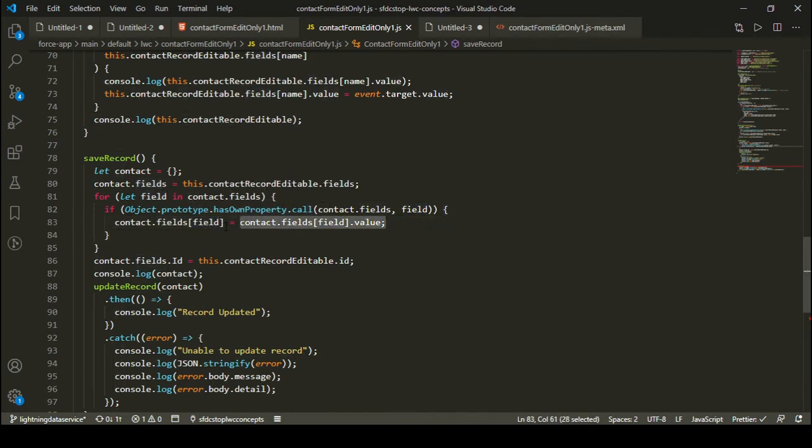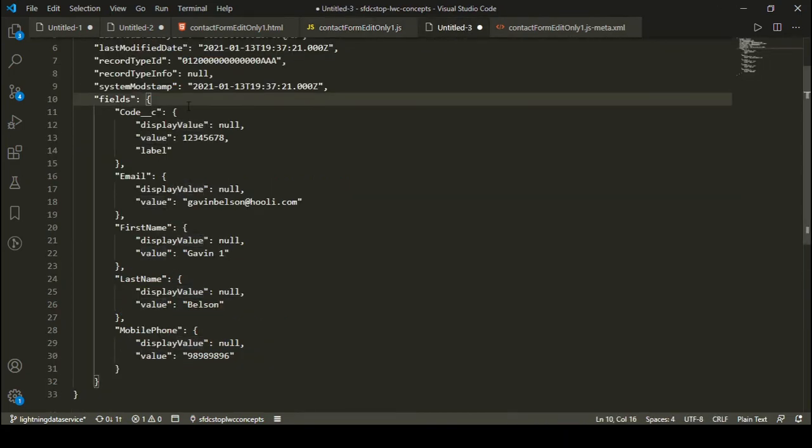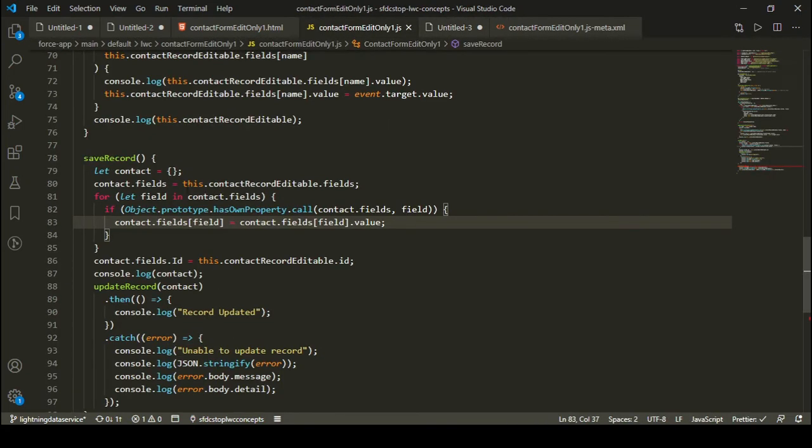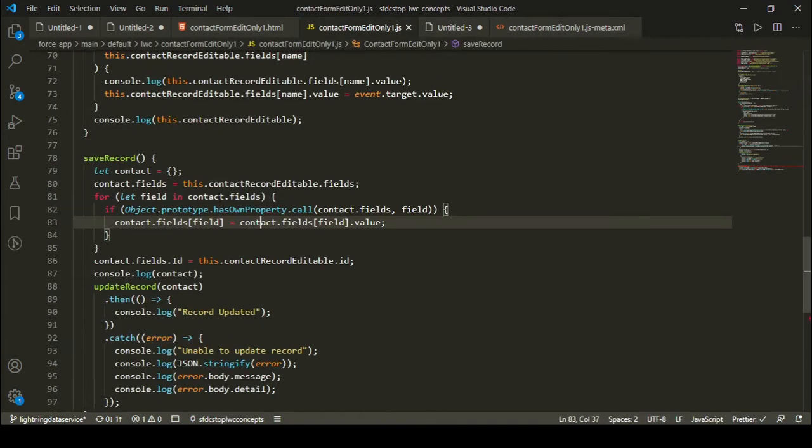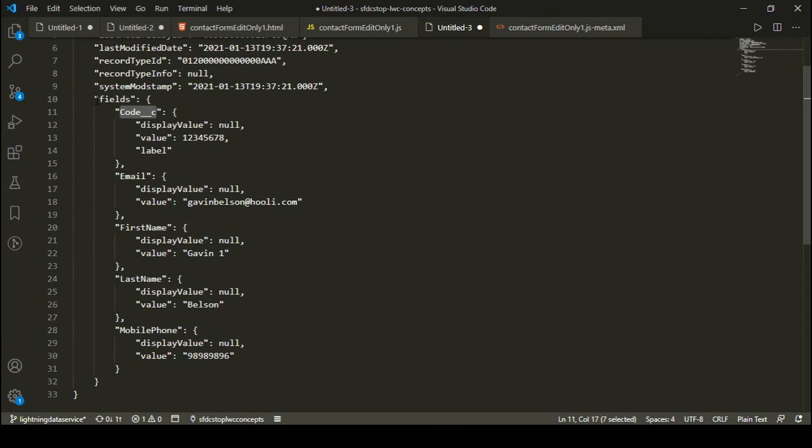So this is the API name and this is the value. Let me tell you once again: I'm saying that contact.fields, which is this particular object, and then a particular field, referred by this, is equal to contact.fields, which is this particular object.